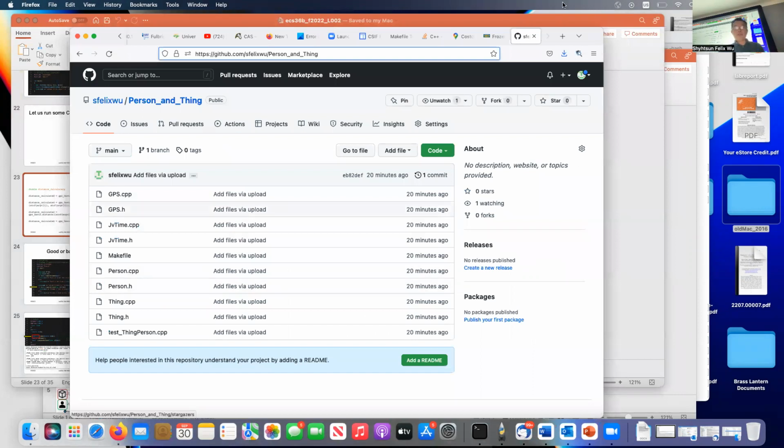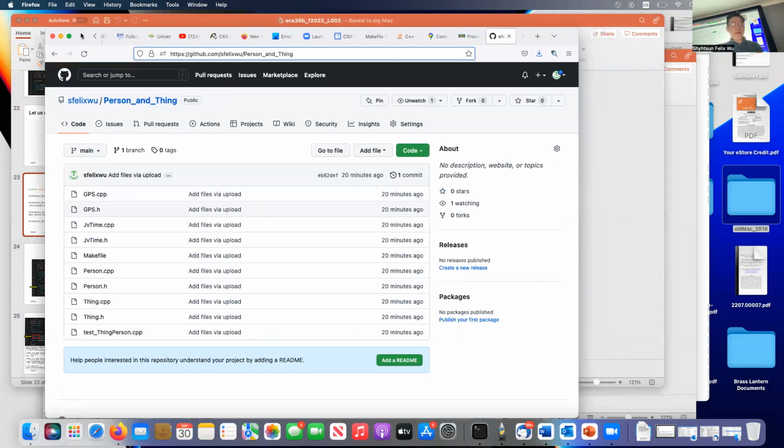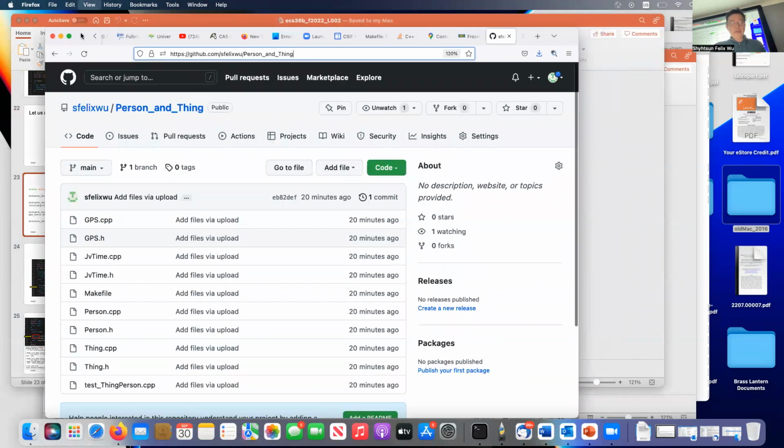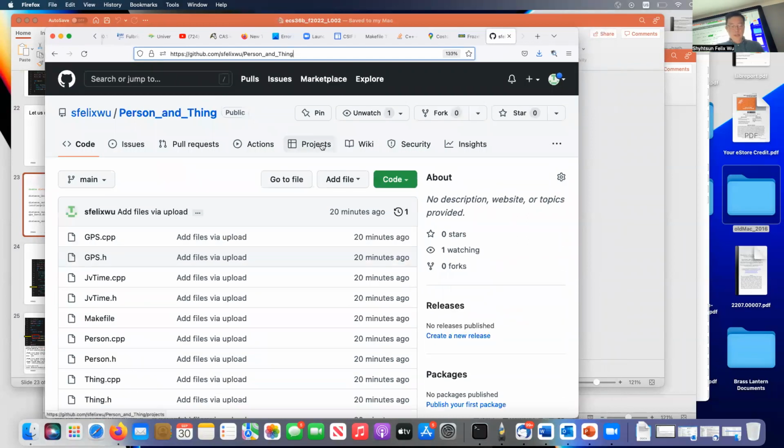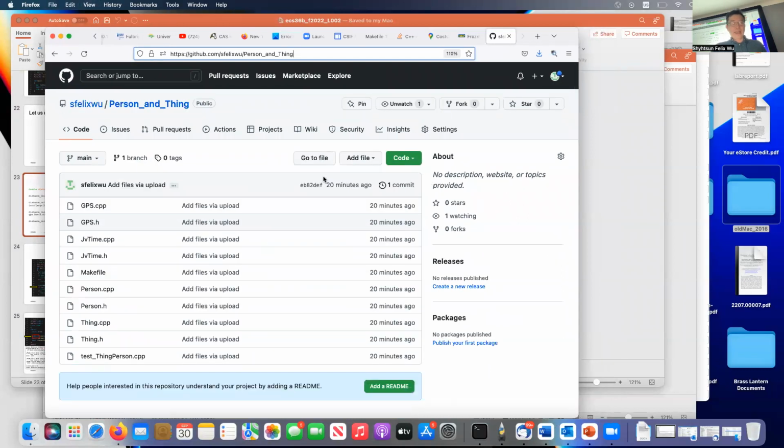So this is a directory. Let me make the font a little bit bigger. No, too big. Okay, so this is the link. The link is actually github.com/s_person_n_thing. You can see that GPS.h and GPS.cpp here are very similar to the ones that